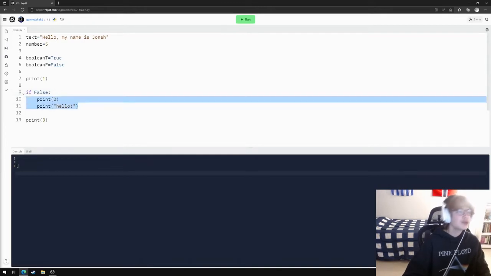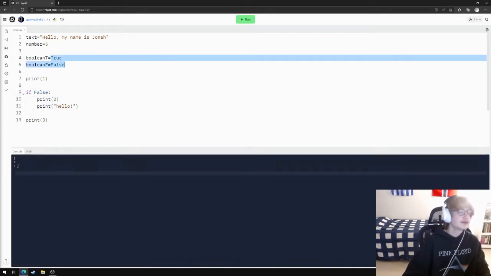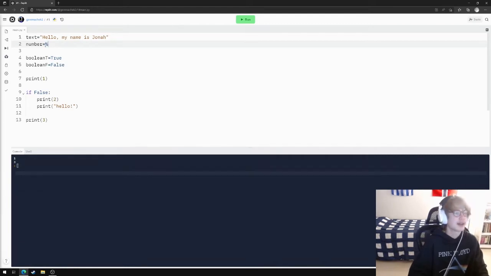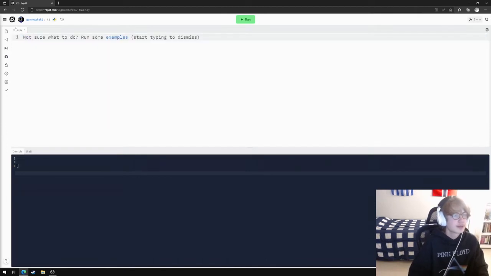Anyway, before you had a number like this, but you could also have it be equal to a piece of math, 5 plus 5, or 5 at 2, or something like that. And you can also do something similar with Booleans. Let's just delete all of this. You can say